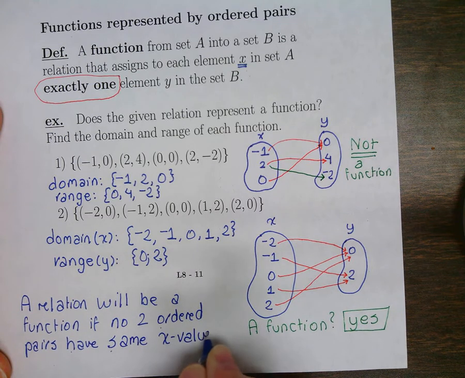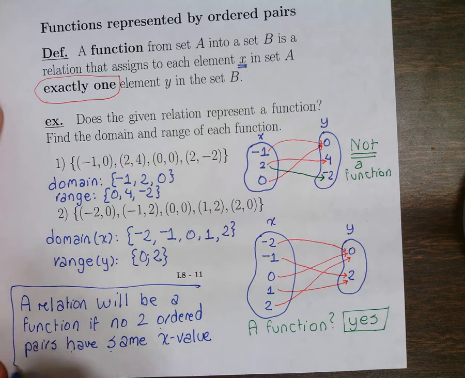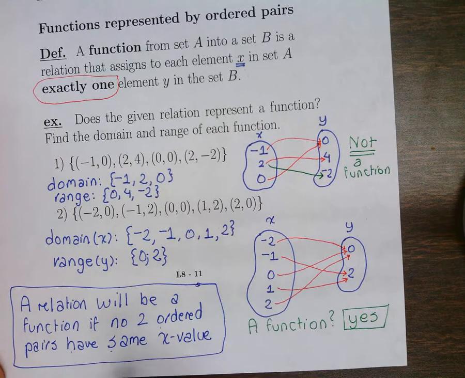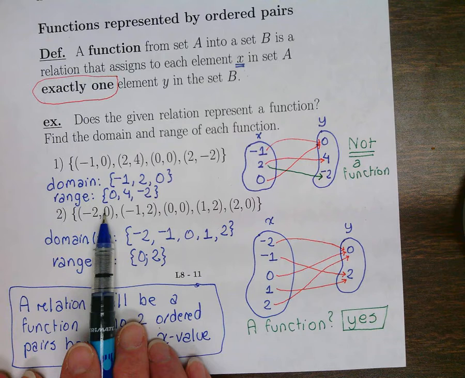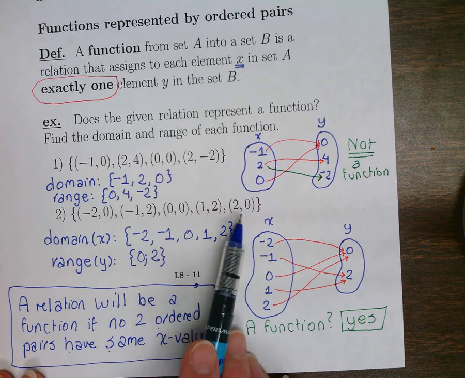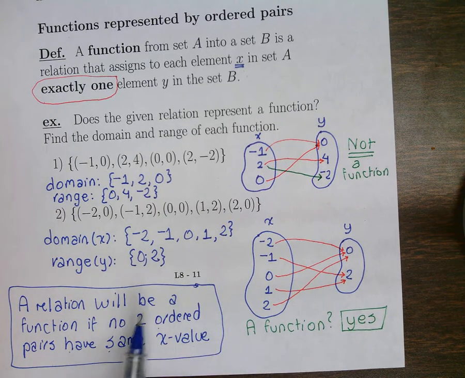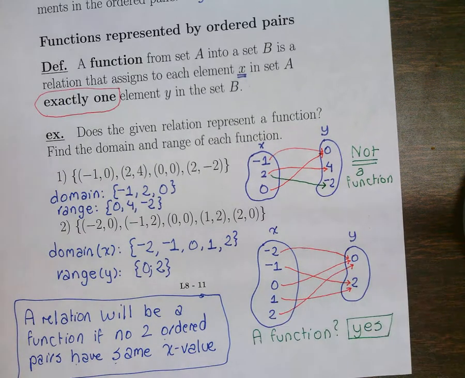That's how you can tell, okay? In this second example, notice that we do not duplicate any of the X values. So that is a function, okay? All right, now that's one way, but we usually don't think of functions in terms of just strictly sets of